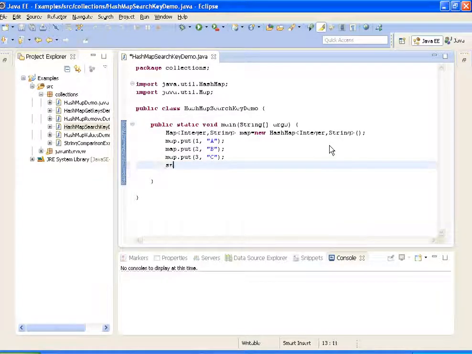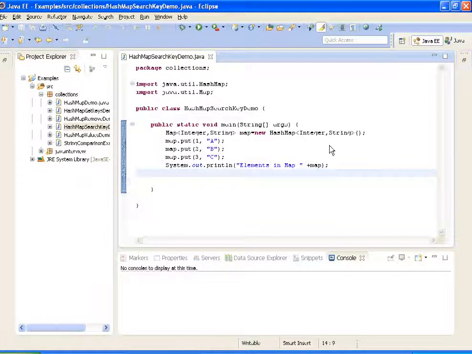Now what I'm doing is I'm printing the elements in the map.